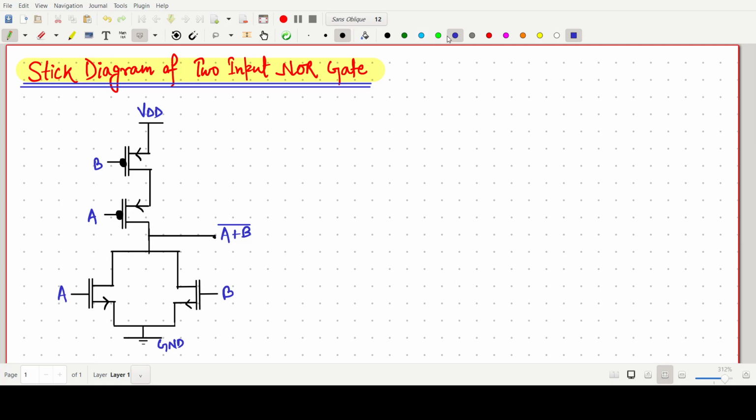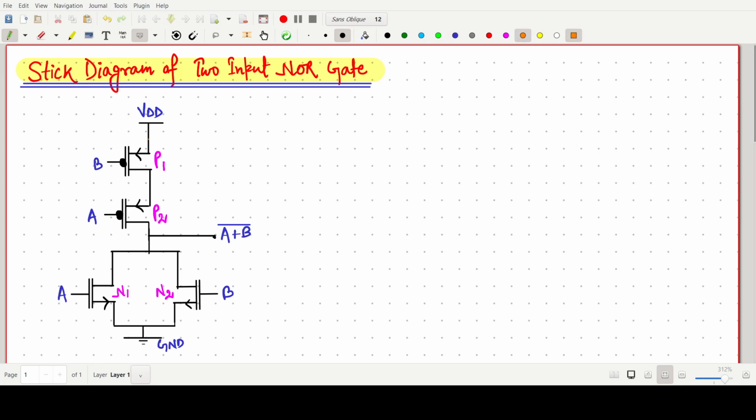So I am writing these two. Say this one is our PMOS one, PMOS two, and I am writing NMOS one and NMOS two, and the structure will be like that. And if we take the output from this point, we will get the NOR operation, A plus B bar. Once again I am just showing